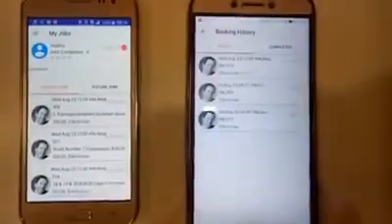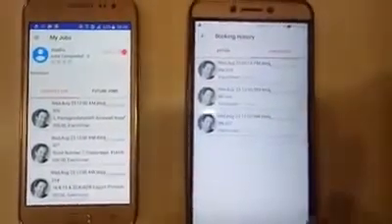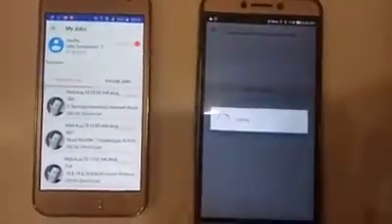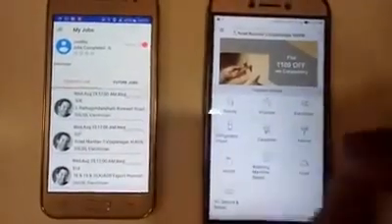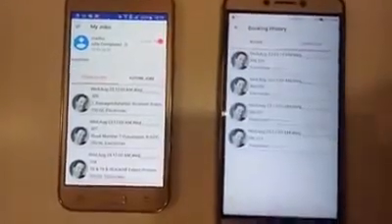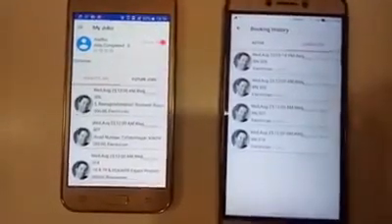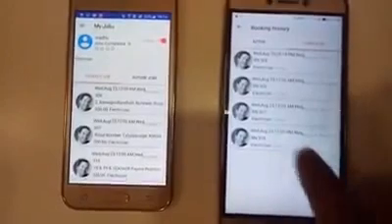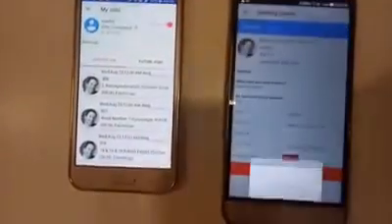These details you get in your booking history. As it says, the job is completed. Now payment is pending.